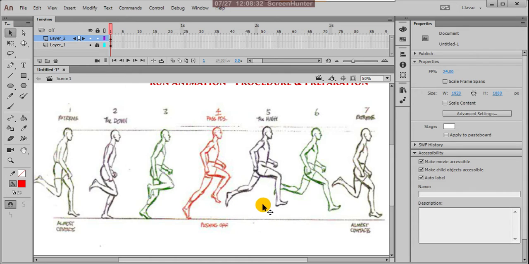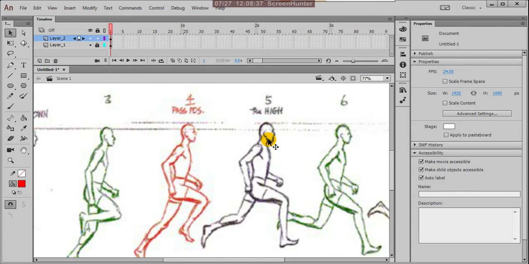Both legs are in air, so it is 100% in air, which is why it is a bit taller than the passing position. It is slightly higher than that one. This is called the high pose.